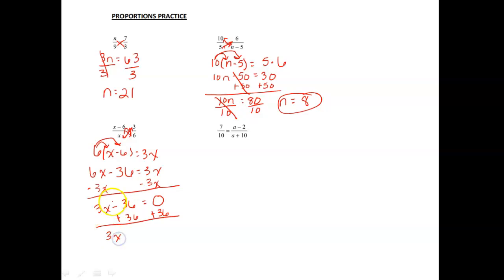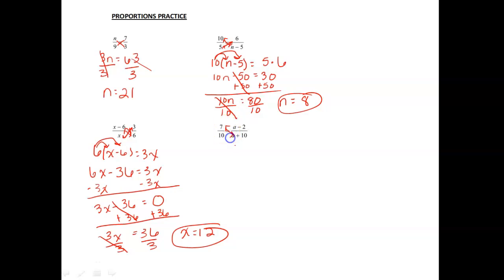And 3x equals 36. Divide both sides by 3. X equals 12. 36 divided by 3 is 12. That should be a review for you guys. You should all know how to solve for an unknown variable by now. I know you do. All right, this next one